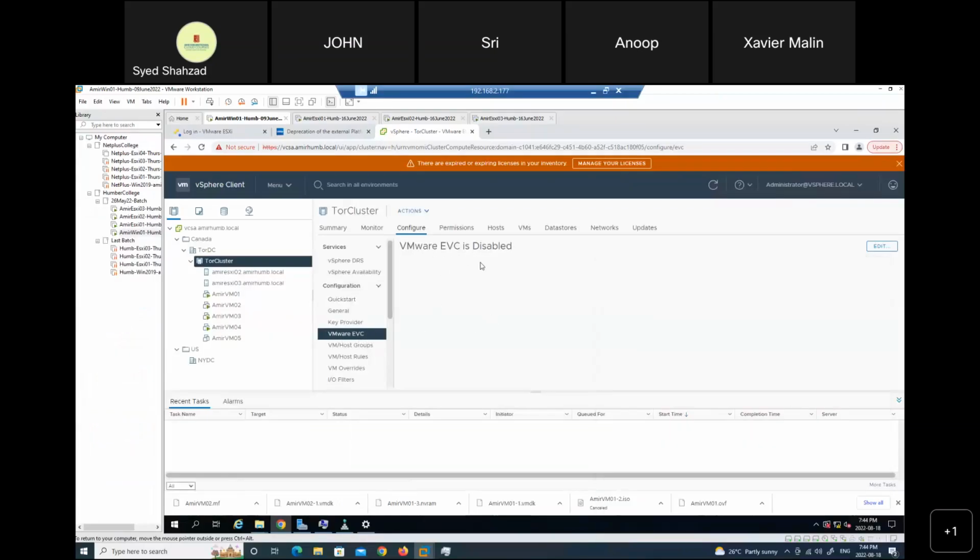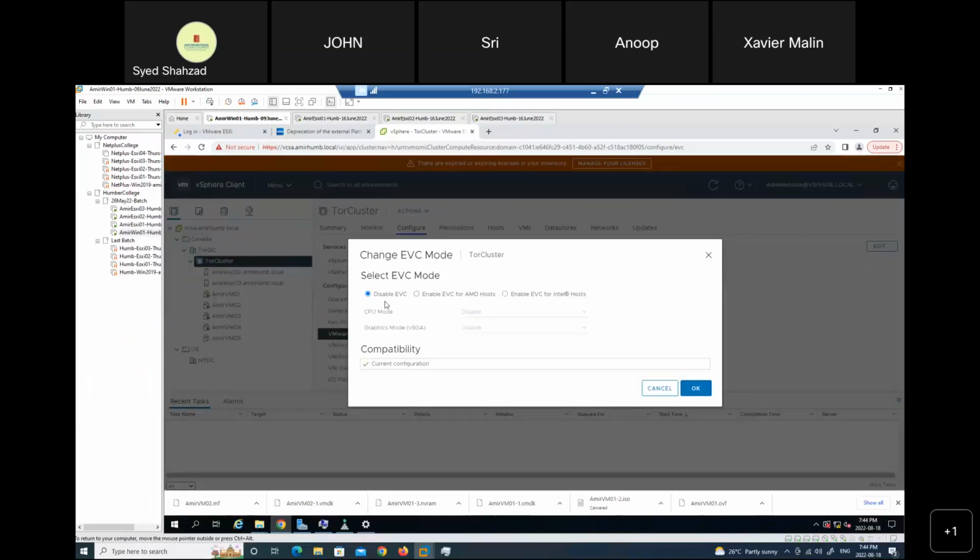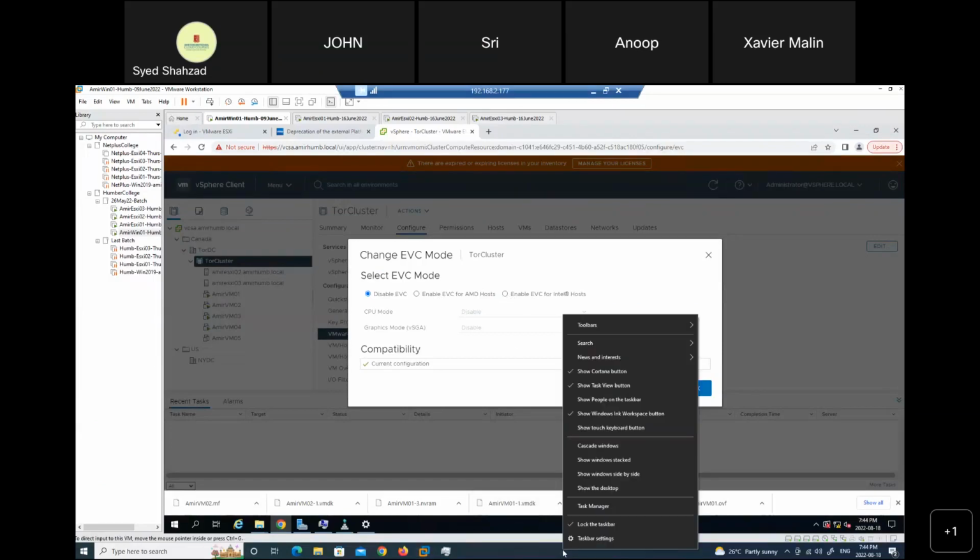So I'm going to go for VMware EVC is disabled. I'm just going to click Edit. It opens up Disable EVC, then Enable EVC for AMD hosts and Enable EVC for Intel hosts. Those of you who have a laptop with an AMD processor can go here, and those, including mine, I have an Intel processor. If we don't know, we can just right click here, and we can go for